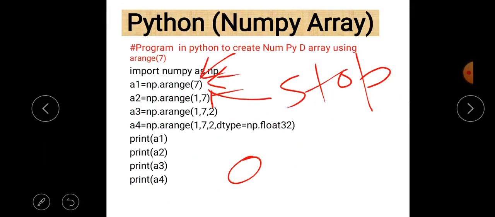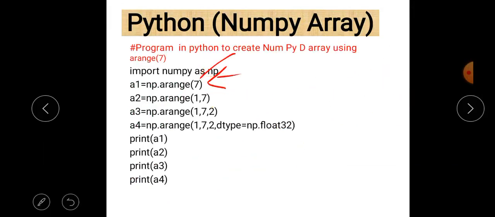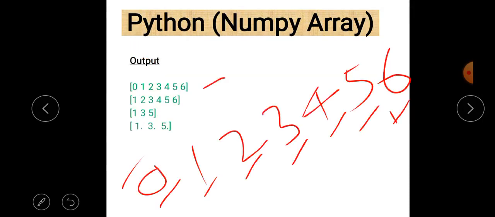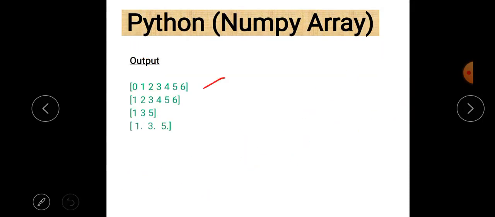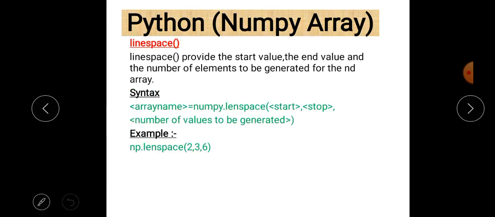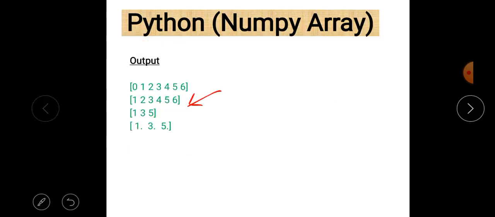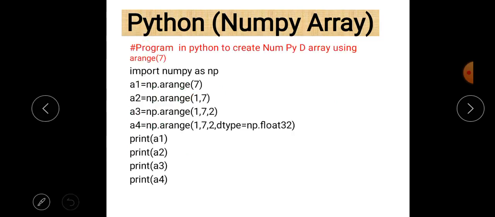In the next case, 1 comma 7 is given, so counting starts from 1 and goes up to 6, meaning stop minus 1. And in the third case, 1 comma 7 comma 2, so there is an increment of 2.